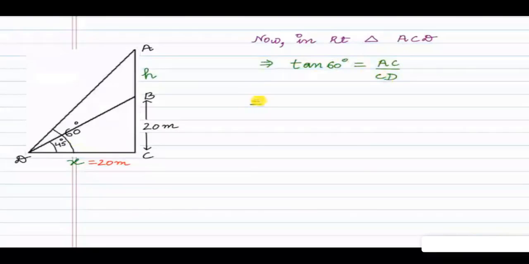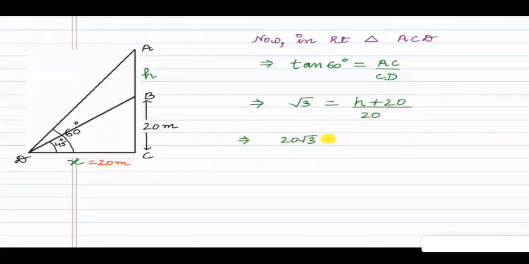Putting the values here, tan 60° is equal to root 3 is equal to AC by CD. For AC, we can write H plus 20 divided by CD, and we have calculated CD as X is equal to 20 meters. So writing 20 here, on cross multiplication, we will have